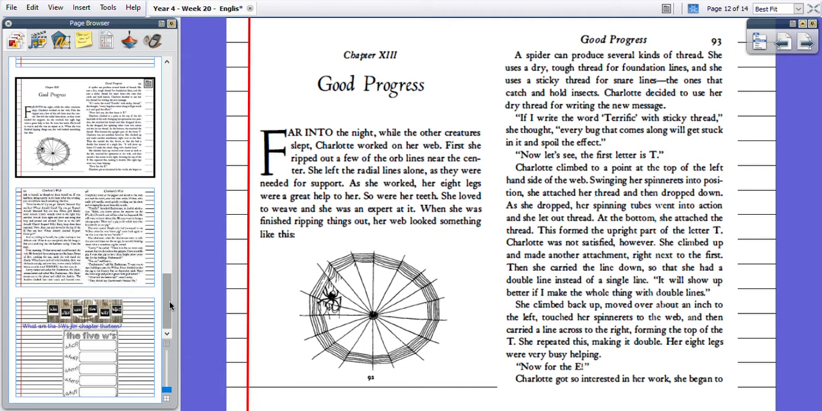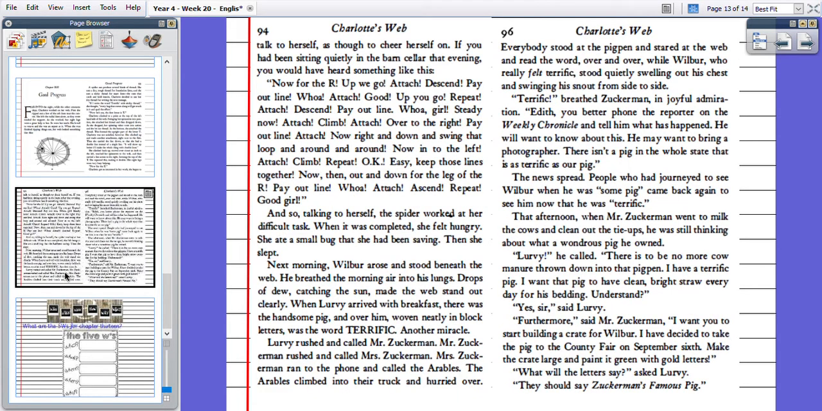It will show up better if I make the whole thing with double lines. She climbed back up, moved over about an inch to the left, touched her spinnerets to the web, and carried a line across to the right, forming the top of the T. She repeated this, making it double. Her 8 legs were very busy helping. Now for the E. Charlotte got so interested in her work, she began to talk to herself as though to